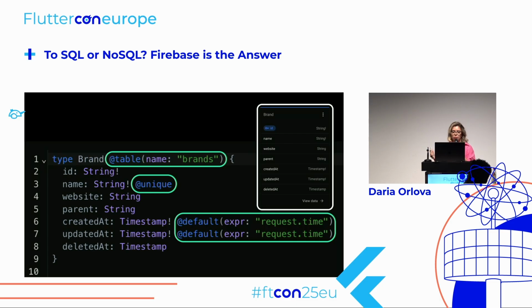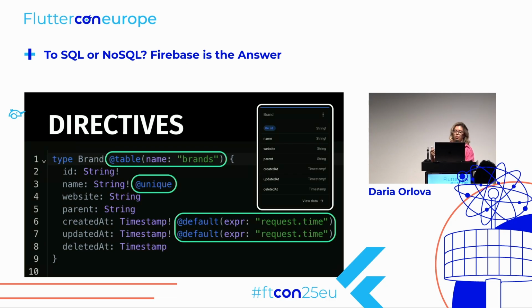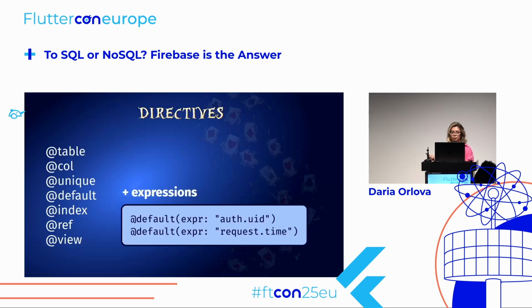We use table, unique, default, and these things in GraphQL are called directives, and this is a way for you to tell DataConnect GraphQL to generate the according SQL entities. So for directives to create SQL entities, we have table, column, unique, default, index, ref, and view, and you can define relationships, give default values, things like that. So basically this maps to the final SQL that will be generated. And also an interesting thing that we can use are expressions. For example, in default value,